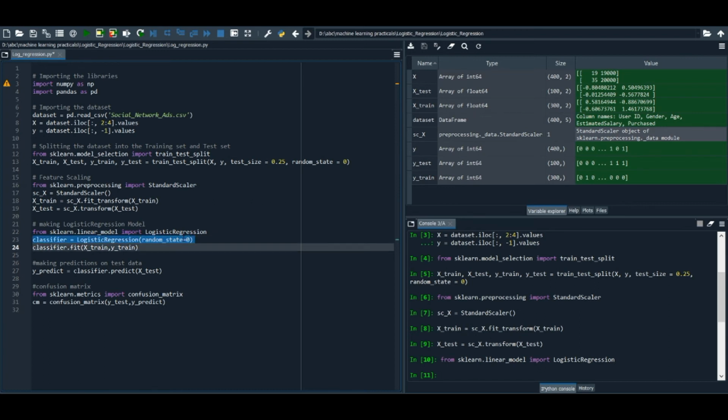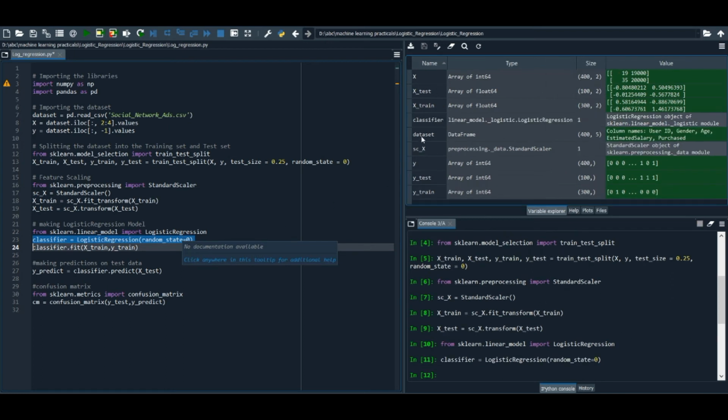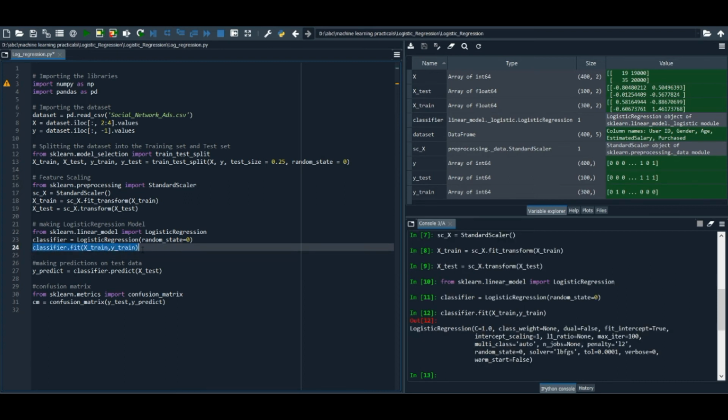So after executing this line of code, you can see we created our classifier model of logistic regression. Now after that, we need to first fit it into our training set. So we are going to use classifier.fit function, and then we are going to pass x_train and y_train. So this is going to fit our model with training set.